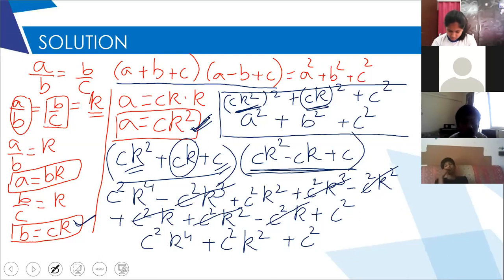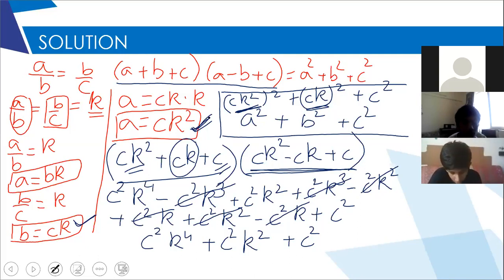Done, ma'am. This was the most complicated question. I wanted you all to solve it on your own because, children, you need to understand you are in grade 9. So there will be many varieties which you will be facing. Till the time you don't try it very seriously, there will be a lot of varieties. So you need to understand that your mind has to now get into the practice of how to tackle different kinds of questions. Most of the kinds I cover in my sessions, but otherwise you will be facing many different kinds, where the concept will be based on what I have taught. It is only application based.